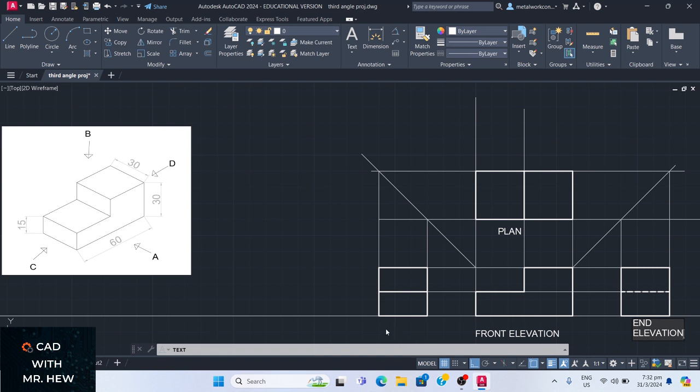And we're going to come over here. We're going to do the same thing. We're going to label end elevation. Good. And this, we can click outside, press escape to terminate the text command, right? All right, so here we have the front elevation, the plan, the end elevation looking from this